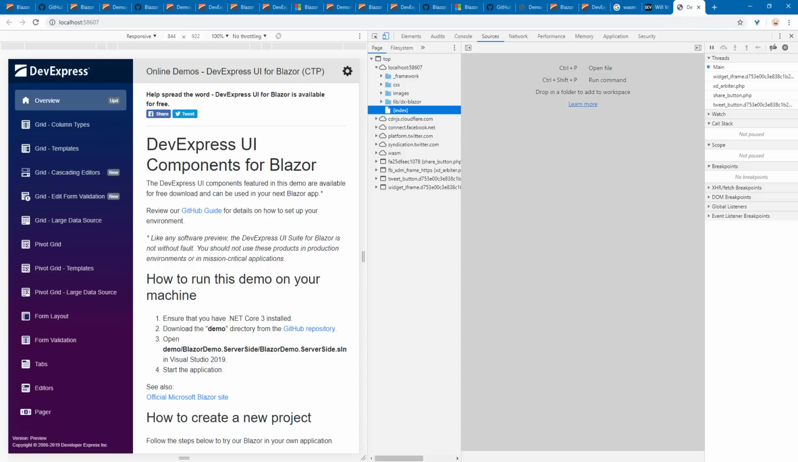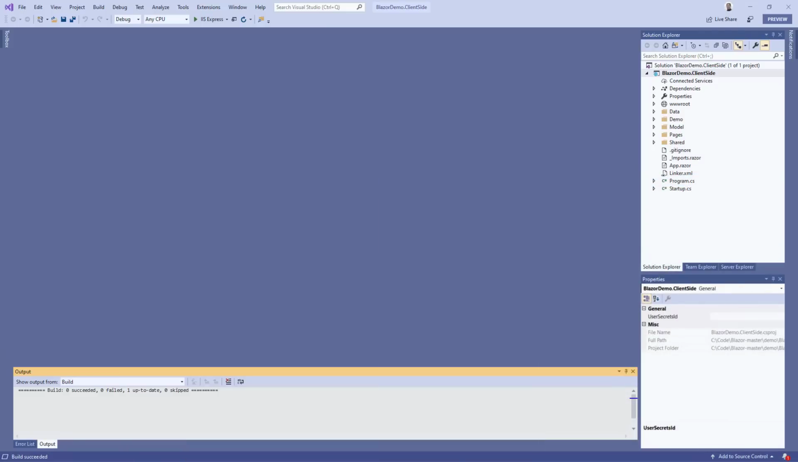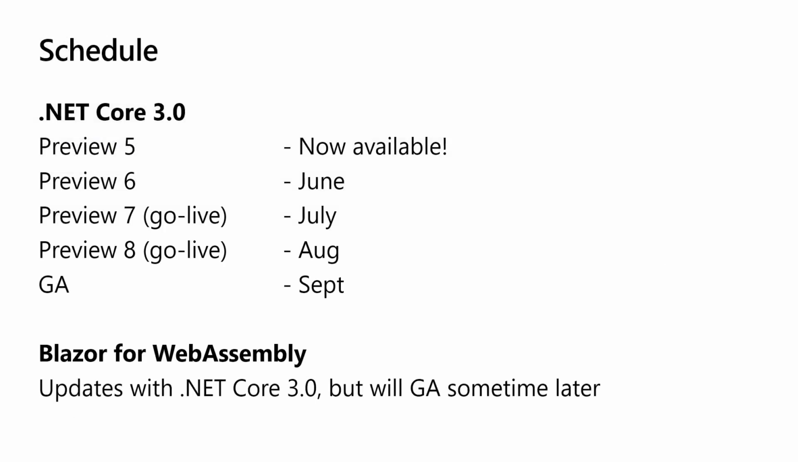All right, with that, Dan, let's shift into talking about the future. What's happening with Blazor for the future? So when is all this stuff going to ship? Server-side Blazor, like I said, is going to ship in .NET Core 3.0. It's already in preview. We've had several previews already. We shipped Preview 5 back in May, and we're basically shipping an updated preview every month. Preview 6 is going to ship later this month in June,